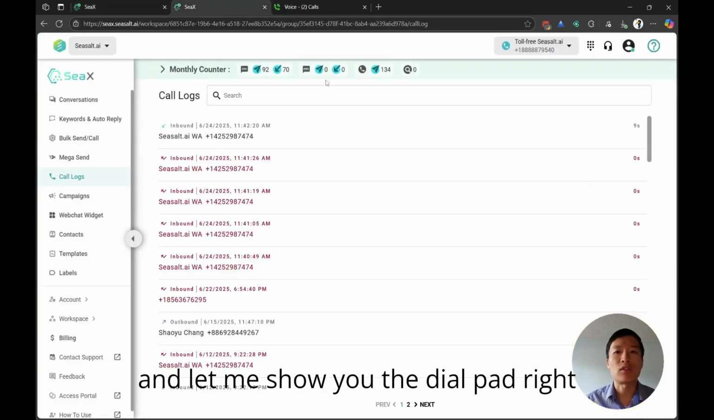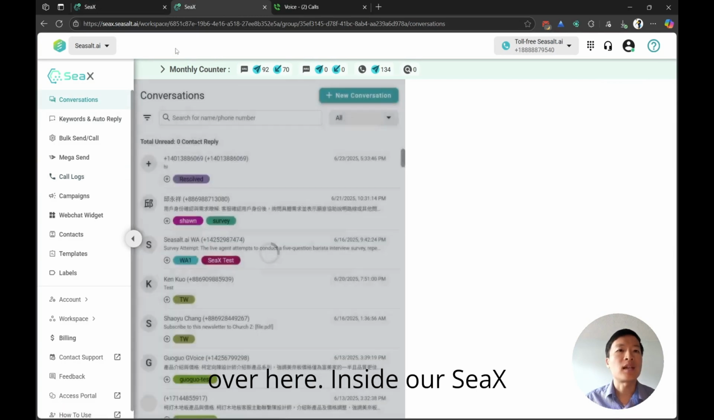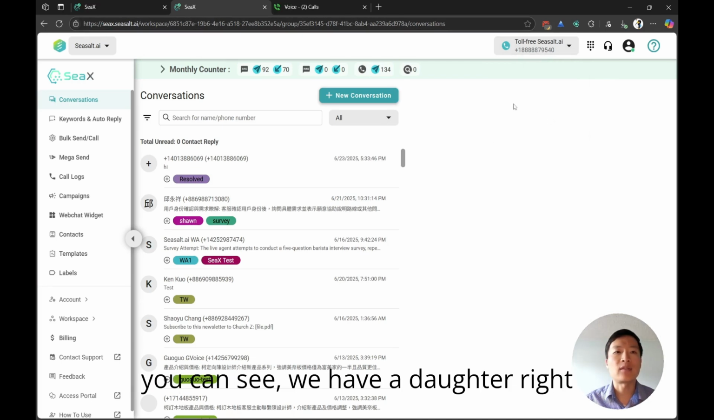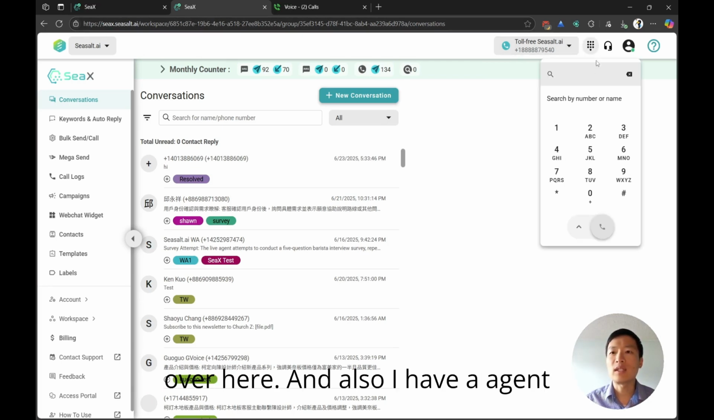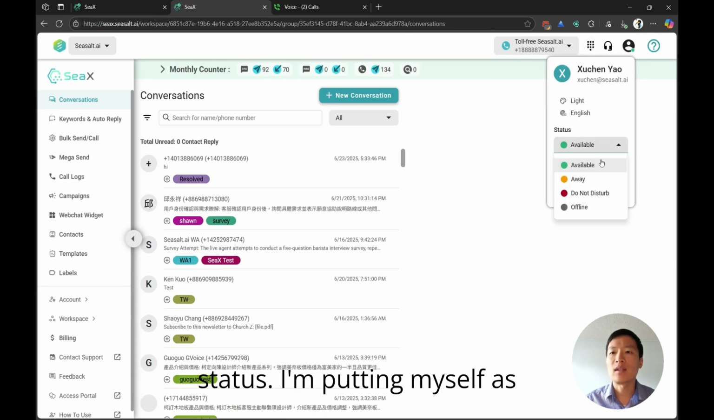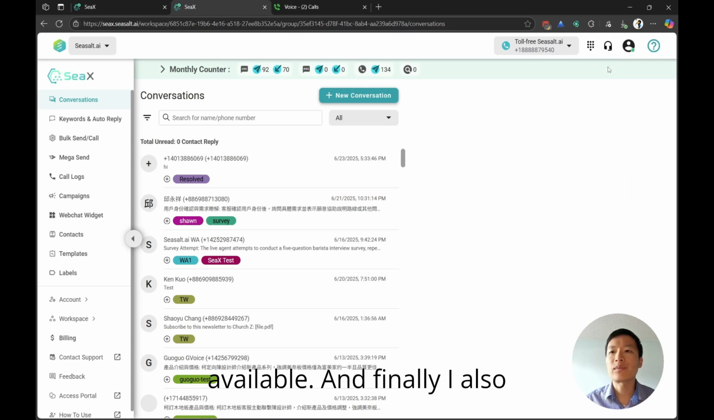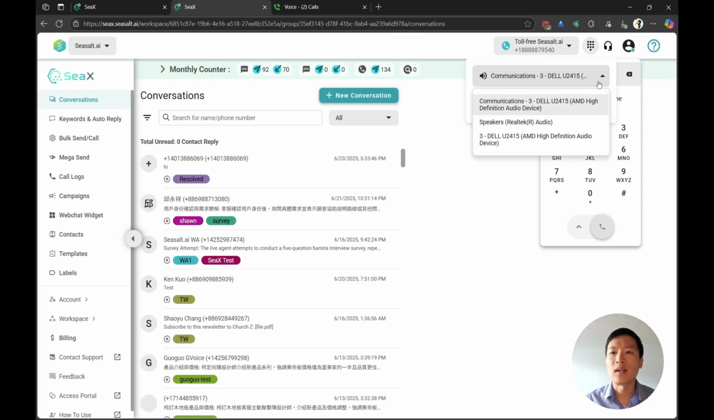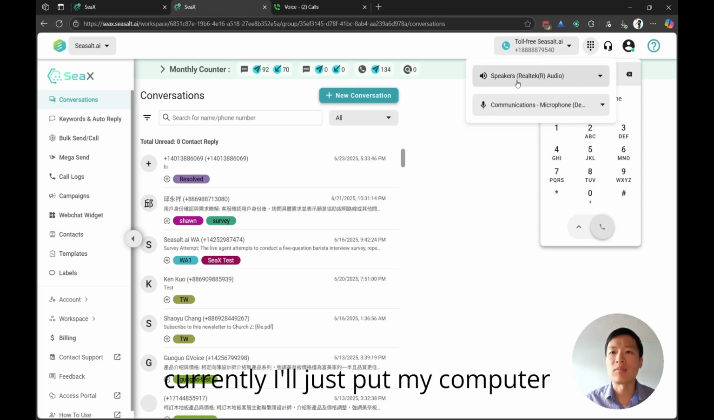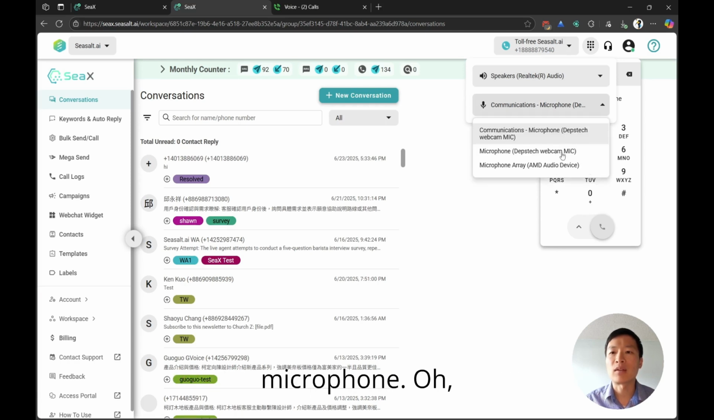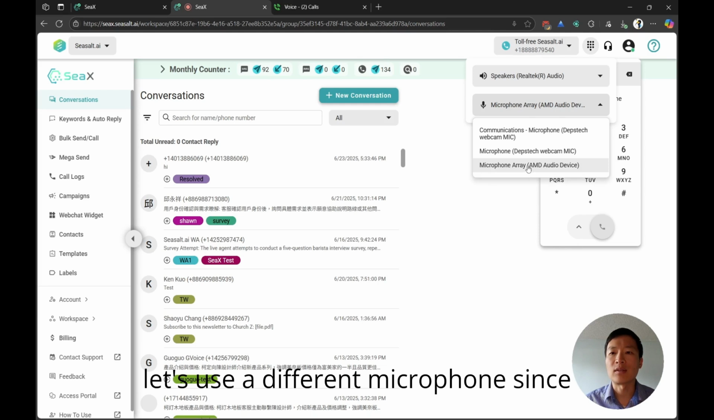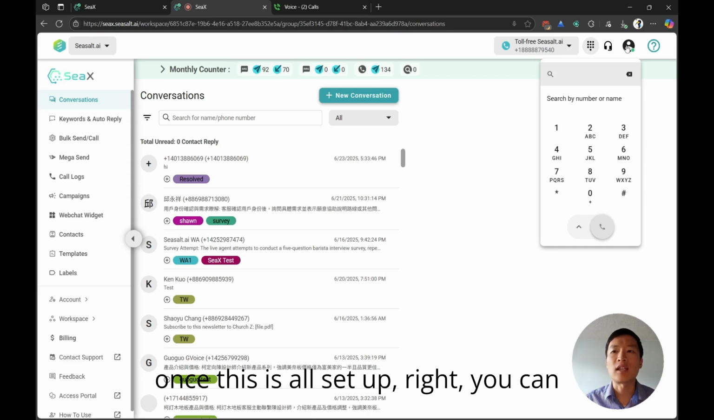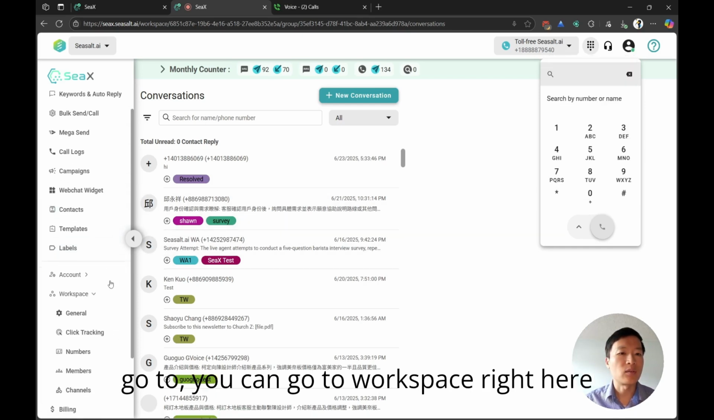So let's log in here and let me show you the dial pad. Inside our SeaX workspace, I have multiple different phone numbers. And as you can see, we have a dial pad right over here, and also an agent status, where I'm putting myself as available. Finally, you can also configure your speakers. Currently, I'll just use my computer speaker and computer microphone. Let's use a different microphone since I'm videotaping here. Okay, once this is all set up, you can go to workspace right here and go to